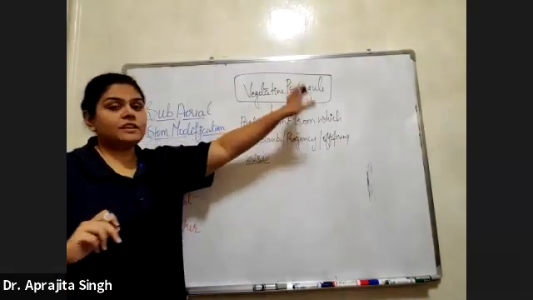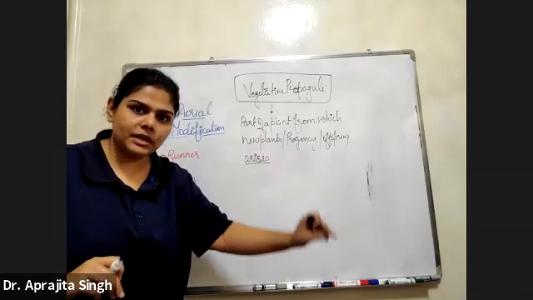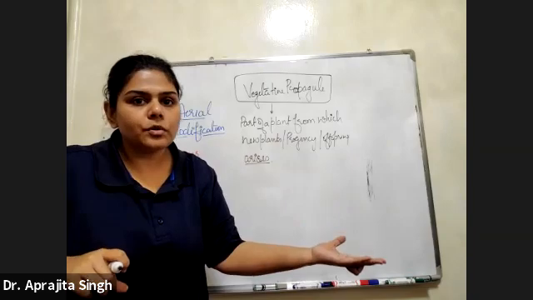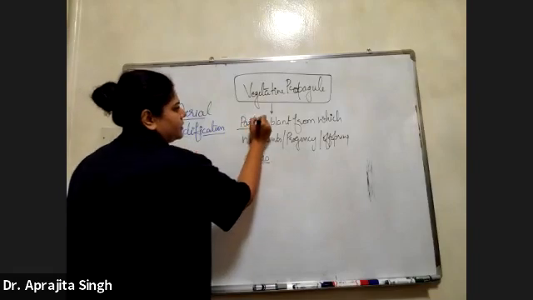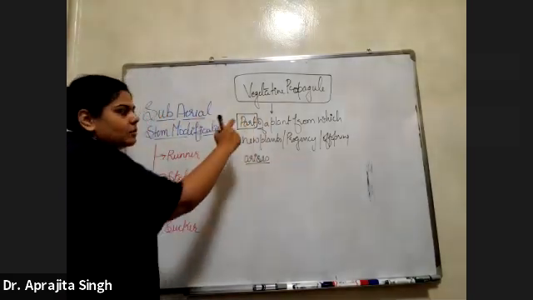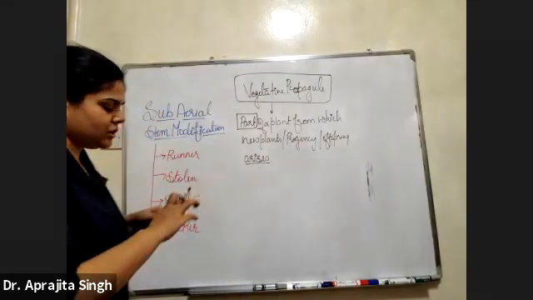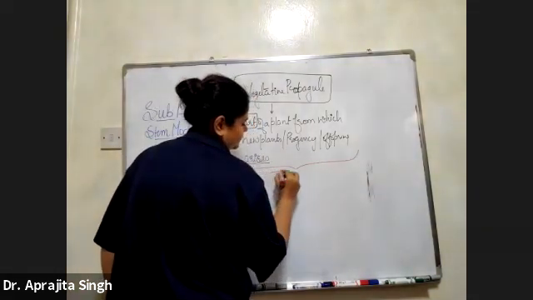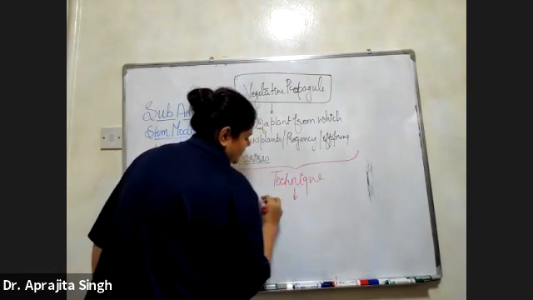Write it down: vegetative propagule, not vegetative propagation. Yes, vegetative propagation is a technique of developing the offspring, but that particular part of the plant which is doing the vegetative propagation is known as the vegetative propagule. You have to emphasize and learn this word, only the part. And I will write it down: this technique is known as vegetative propagation.